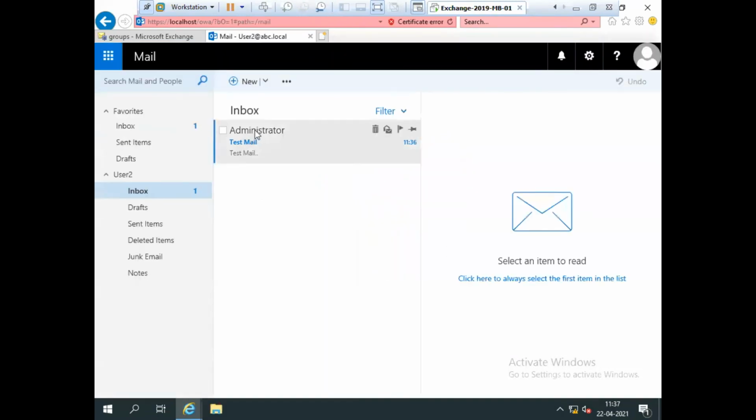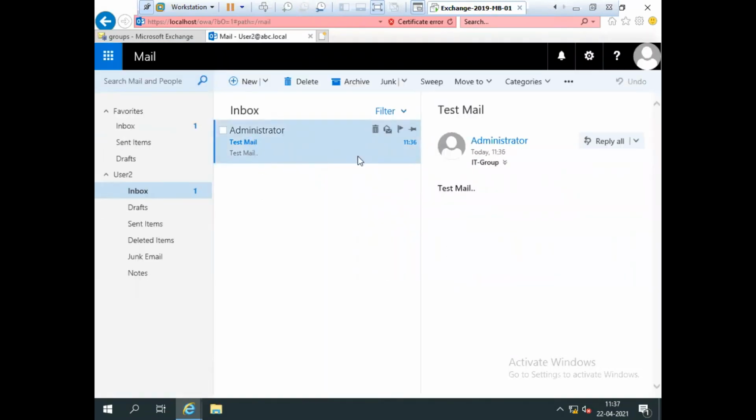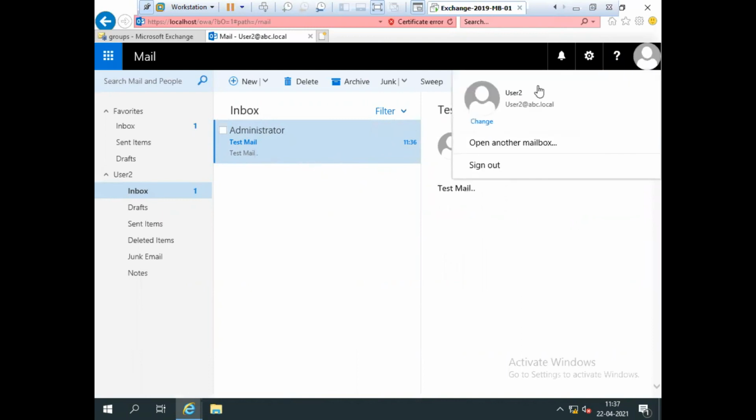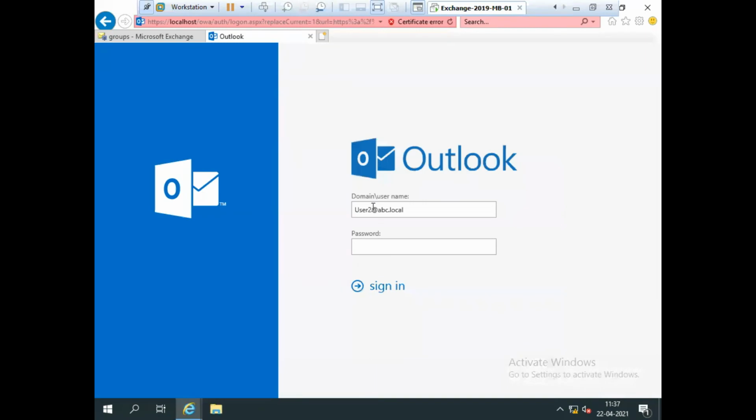As you can see, user1 has it, and user2 also has the same.